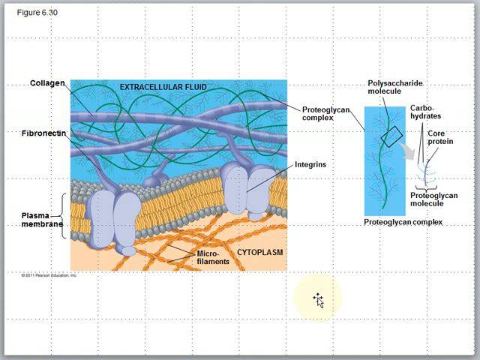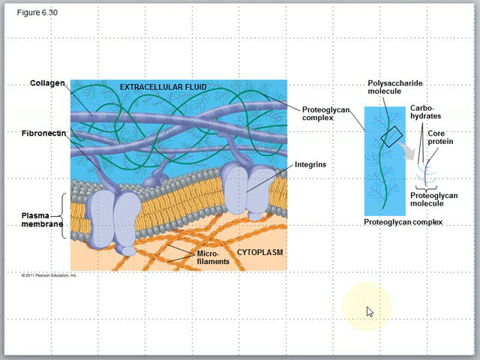So here we kind of have a drawing or a model. The tannish area at the bottom would represent the inside of the cell. So we have the cytoplasm. Here are some of these microfilaments. We said that they tend to be right underneath the plasma membrane, the cell membrane. There's your cell membrane. And then outside you have all this material. There's fluid and collagen and what we call fibronectins and proteoglycan complexes. And basically it just makes for this sticky material that connects and interweaves all the different cells and holds them